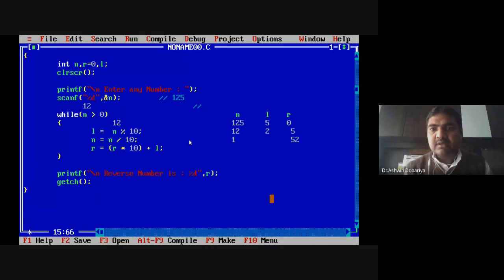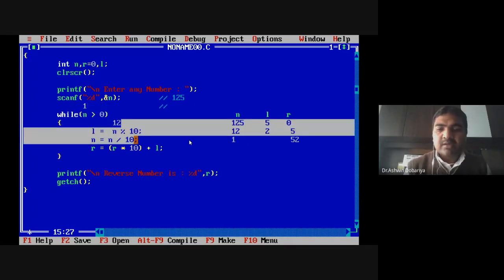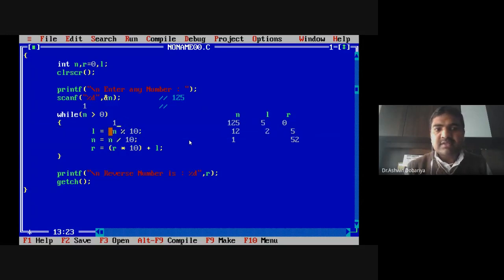See, we entered 125, and now 52 has become the value here. Now n is 1. Is n greater than 0? Yes, the condition becomes true. Now 1 modulus 10. Here the divisor is greater than the dividend, so the remainder is the number itself.